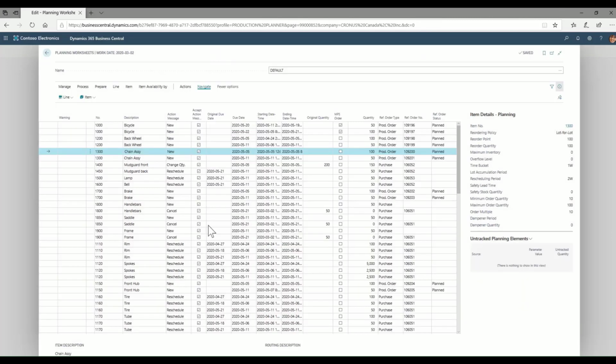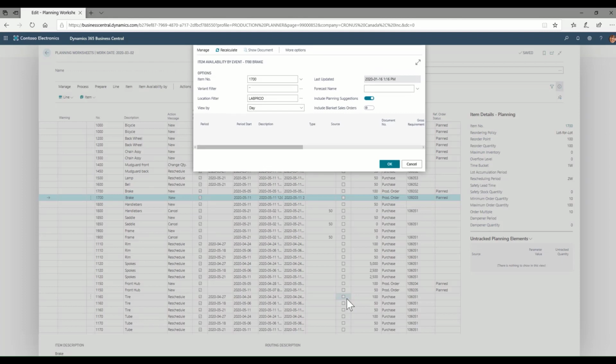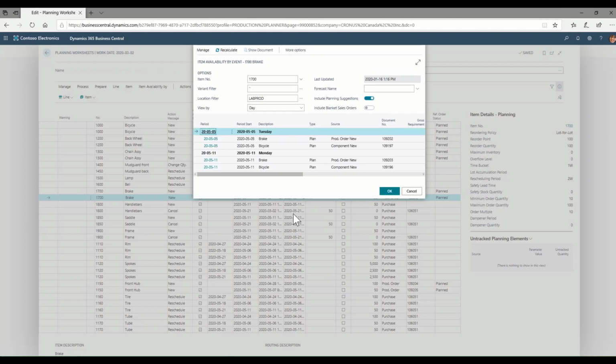If we look at one of our more purchased items, let's say the brakes, we'll see that it's not talking about production orders here. It's talking about the purchase orders. So we can see here that on the 5th, we need some brakes to be brought in. We can drill over to the right,